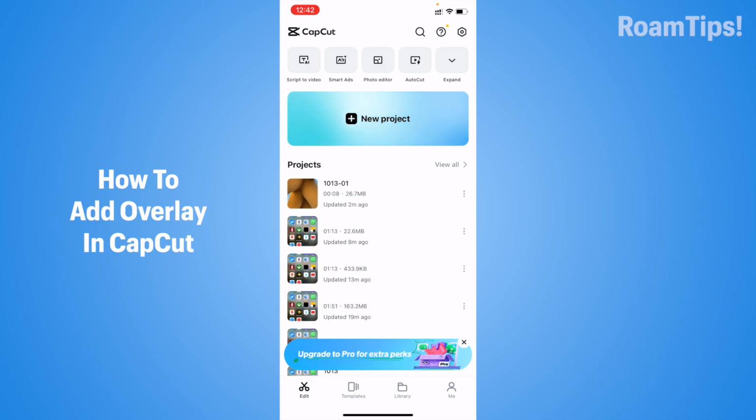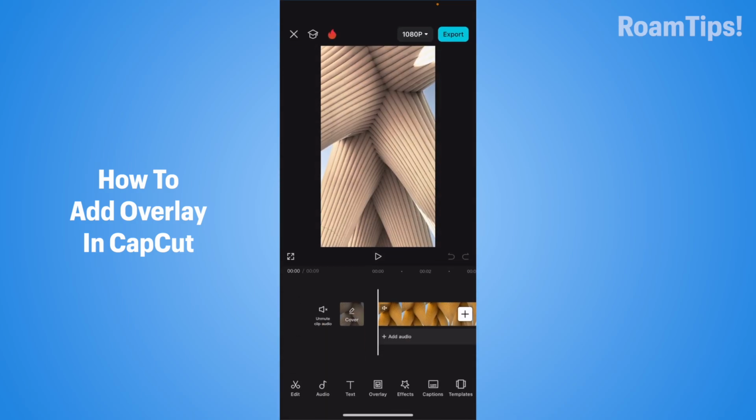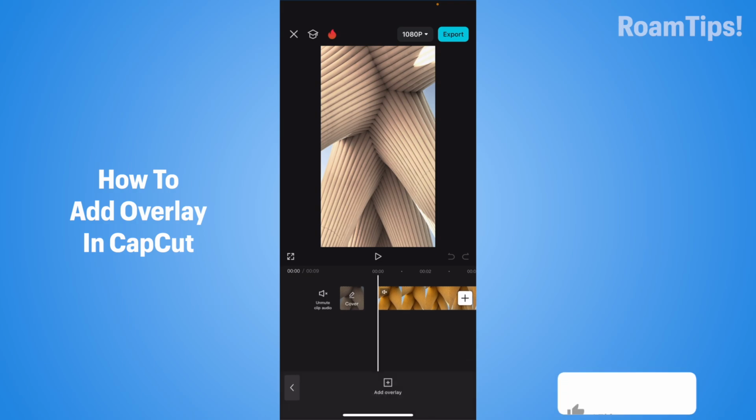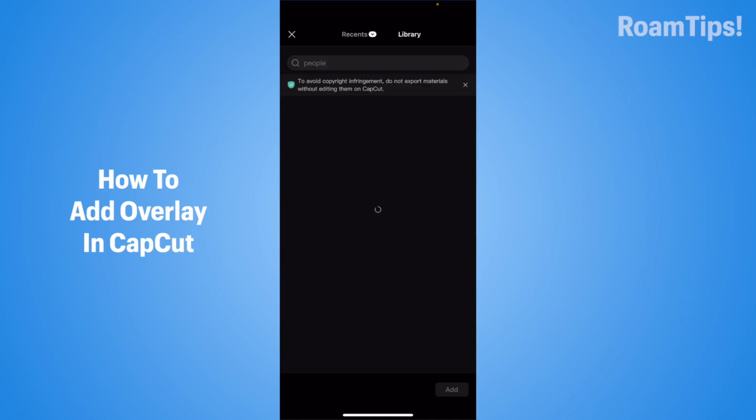and click on new project or open old project and press overlay. Alright, add overlay and videos, photo and live photo and press library